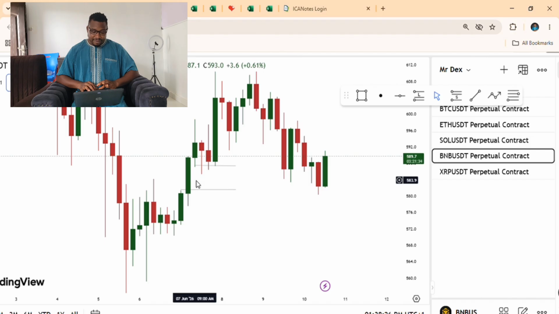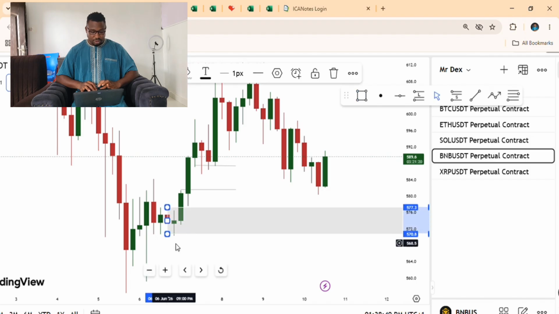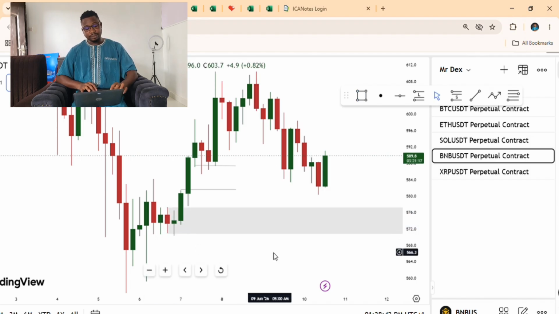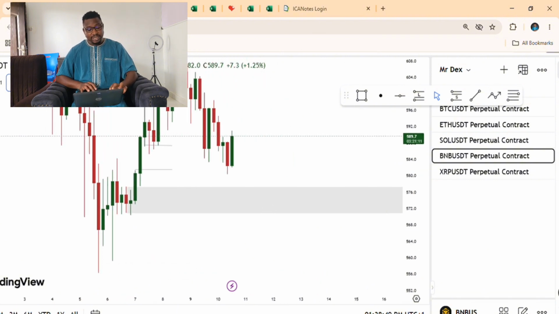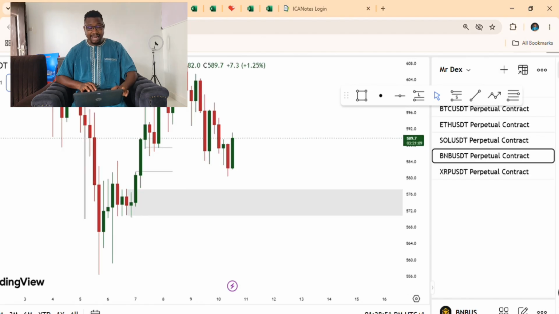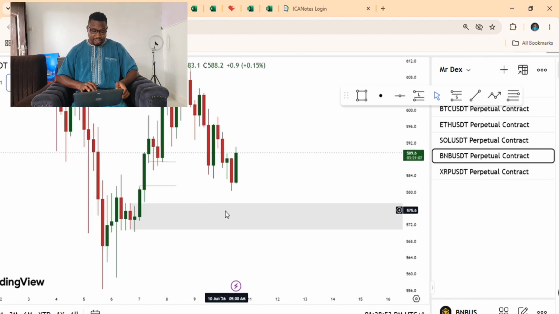So whenever we see a fair value gap, we look down to see the opposite candle, which becomes our order block. This guy here becomes our order block. So you pick your rectangle tool and you fill it up. So this guy becomes what? Our order block, a bullish order block, where we are waiting to buy the asset. So until price comes here,